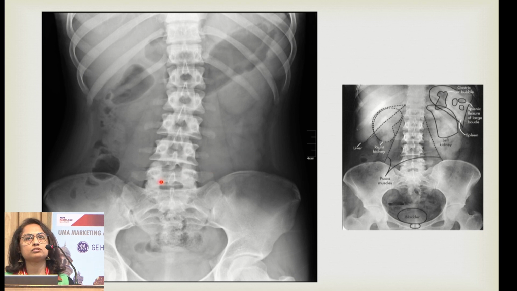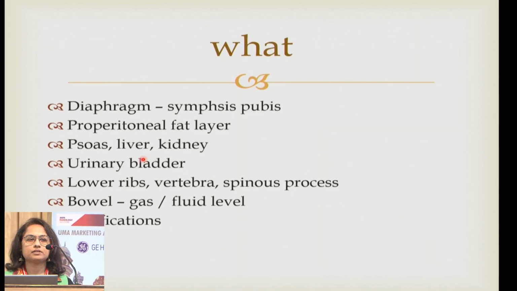So I am concentrating more on the gas pattern and this. But the rest of the things that we see on an abdominal radiograph are renal shadows and shadows of soft tissue. Okay, viscera. So those will be liver, spleen, both kidneys, bladder, psoas. What else do we have? We have the peritoneal fat layers. We have lower ribs, vertebral column, and the pelvic girdle. So these are the points that we look for. So we screen the film from diaphragm to pubic symphysis, peritoneal layers to the lateral most side, then the soft tissue shadows, then the bony structures, then the bowel, and look for any calcifications.